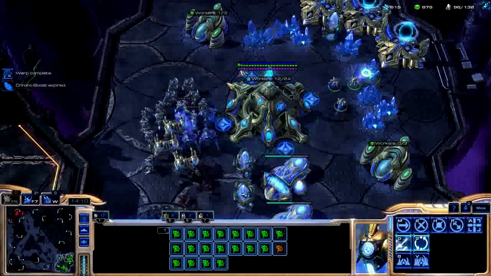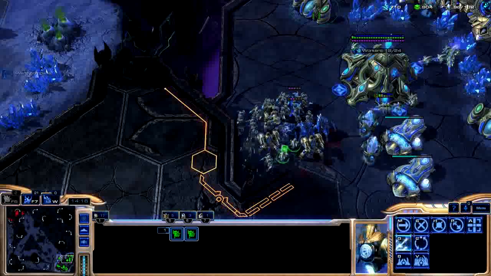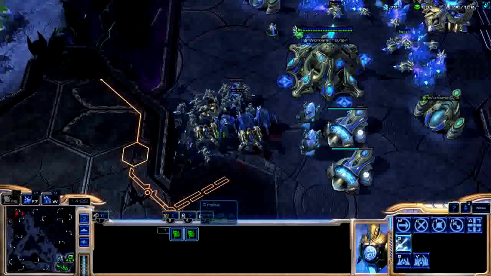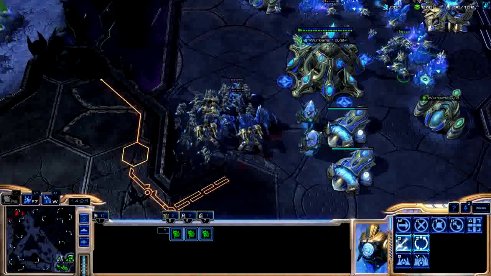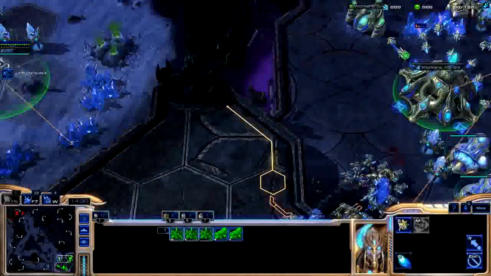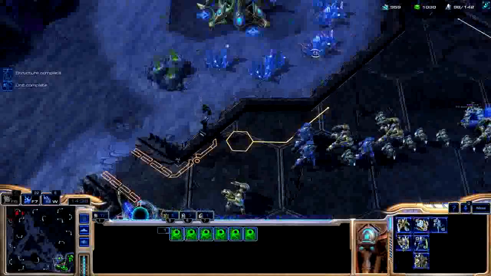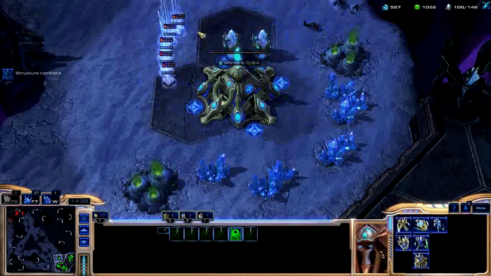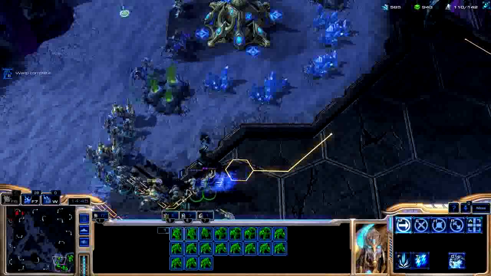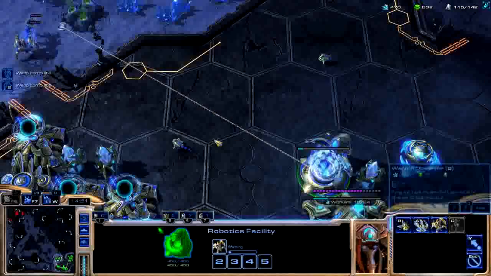Actually, I was still able to get away with most of my probes being alive, and I didn't take them so far out of the natural. So I keep chrono boosting on the probes. My gas count is high, which is good. I'm actually just stuck with gateway units, which is...